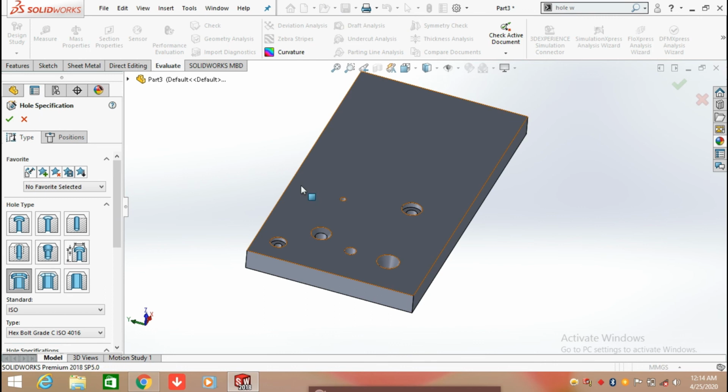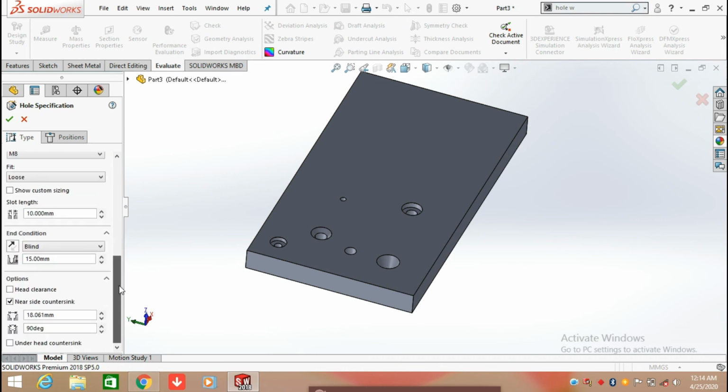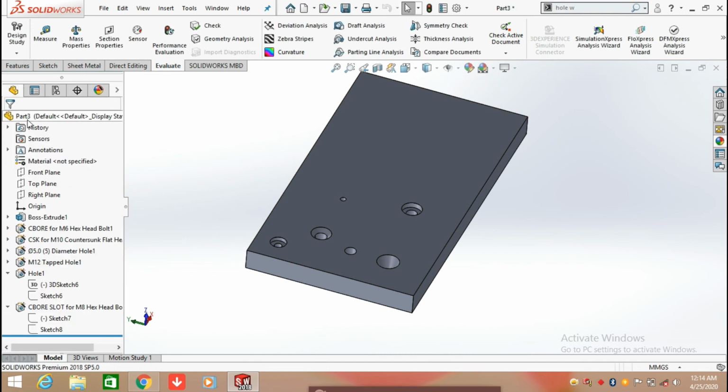So simultaneously we can also apply all the holes by using the hole wizard. So basically we can use the hole wizard to create a number of types of hole on any body. So it reduces our time because it doesn't need to create any sketch for the hole. We just simply click on hole wizard and select any type of hole which we require, and the drawing is available in the hole wizard. You can change it by editing it as per the requirement.